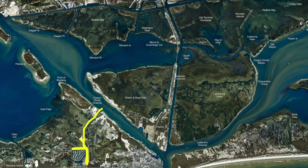Back here on this back little flat through here, if the water's up, the black drum and redfish get stacked up on these oyster reefs right through here. So good areas to be targeting right now. You can also come down over here by Pelican. Like I was saying, the